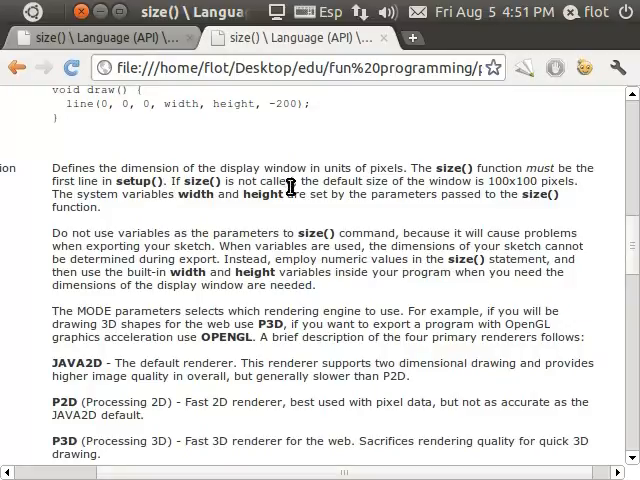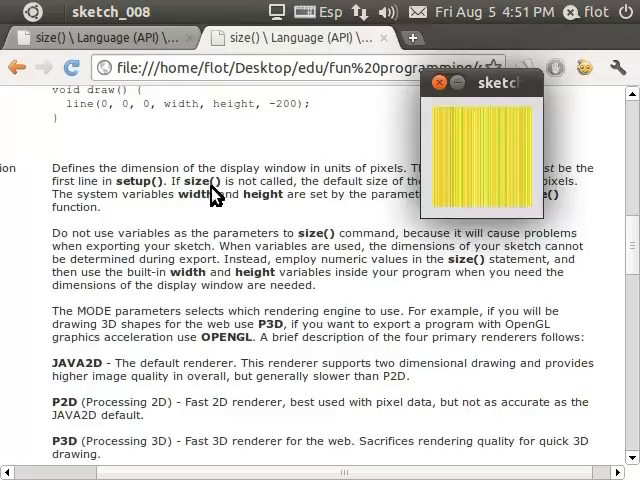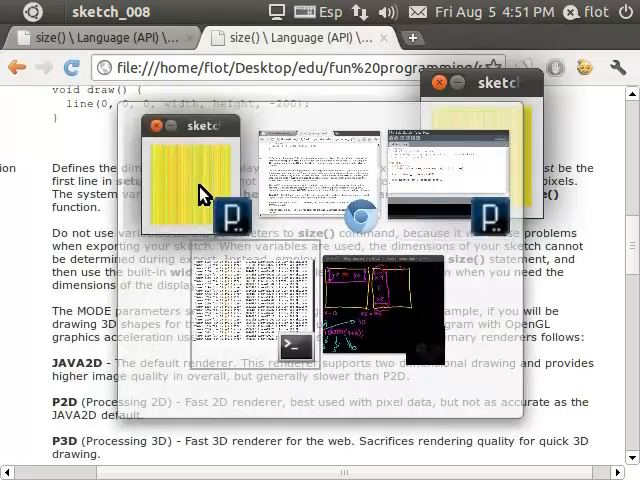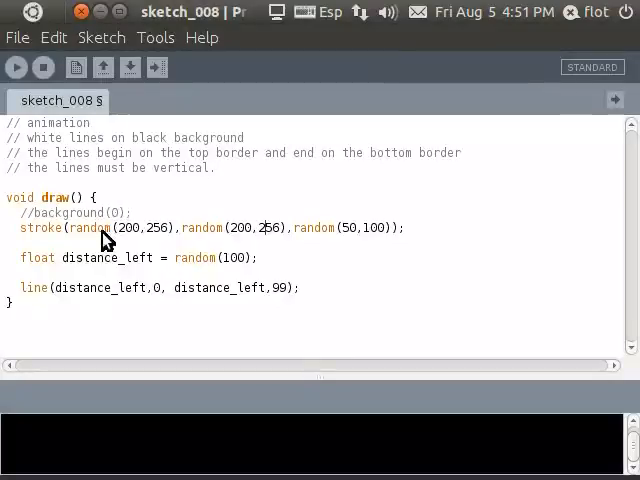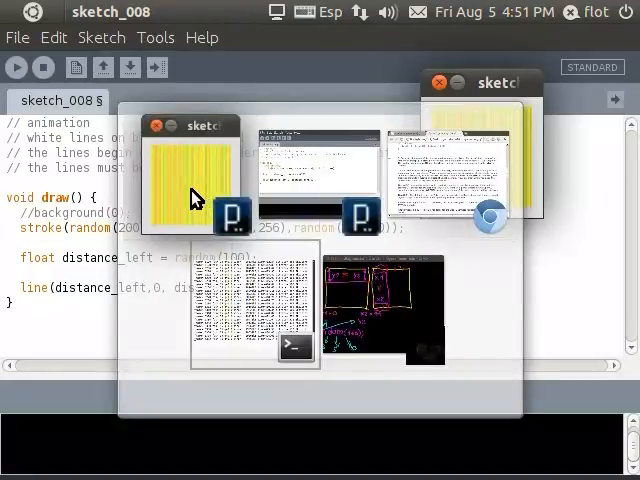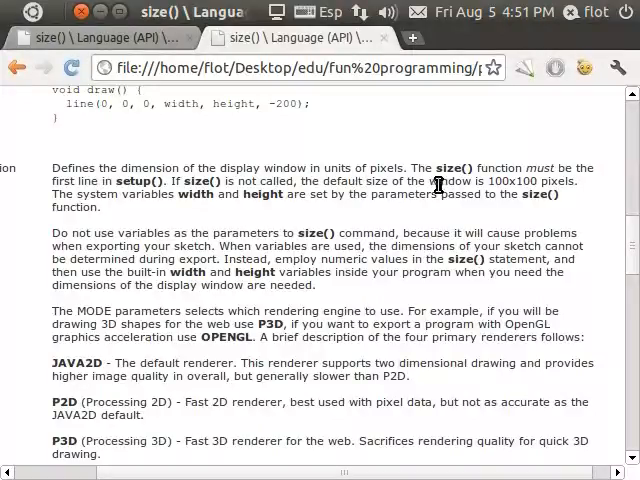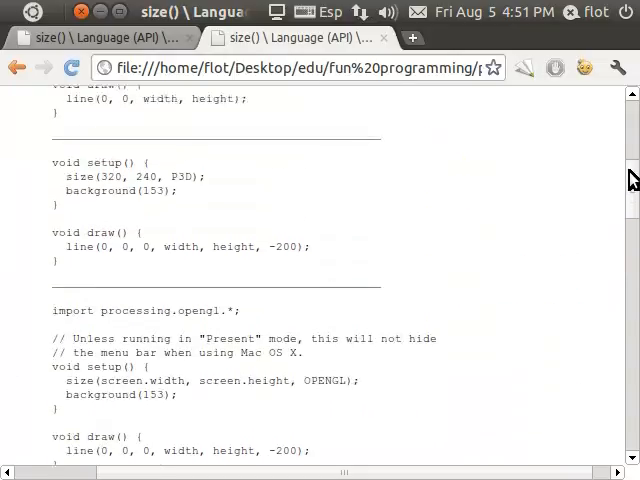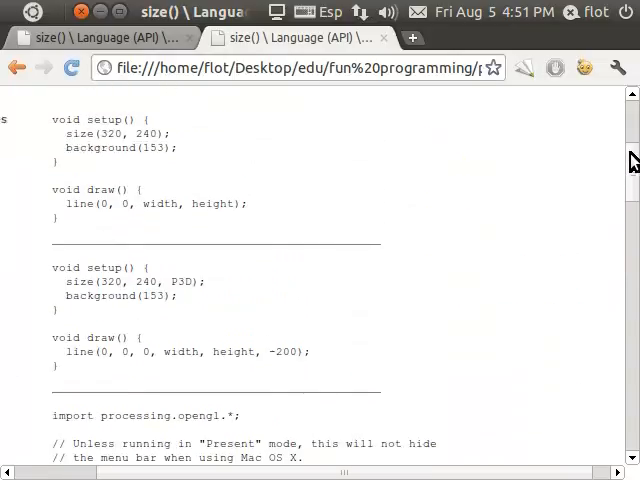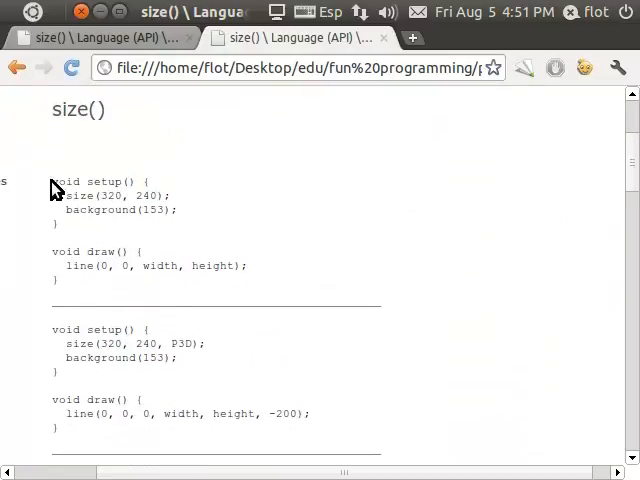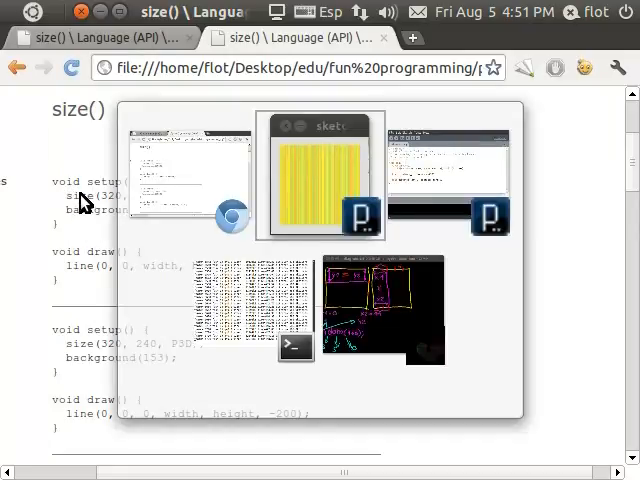If size is not called, like right now, we don't have in our program any call to the size function, then what's happening? Then the default size of the window is 100 times 100. So that's what we got. So let's see here in the example how they do it. Here's an example. It says void setup and size of this size and then a background. So I'm gonna add